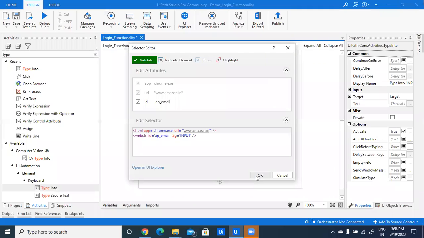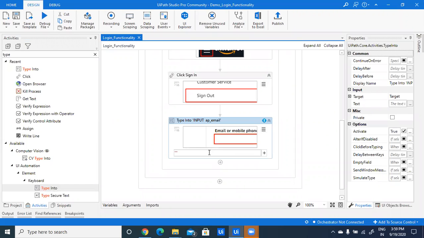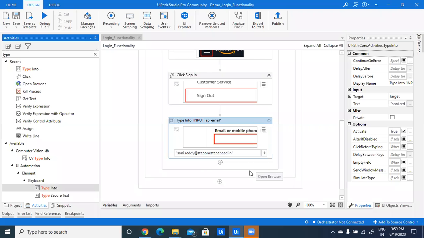Then click on OK. In double quotes, I will be providing my email ID. So this is a hard coded that I am giving. It will indicate this element and type email ID.